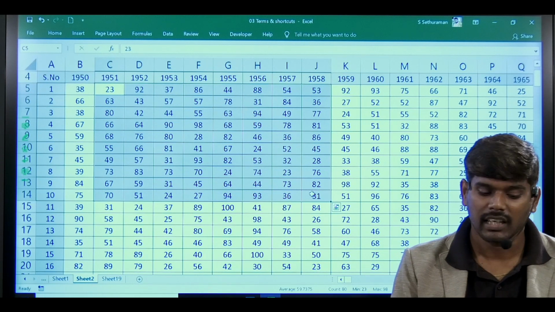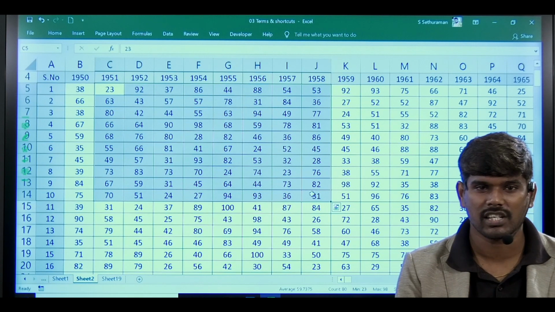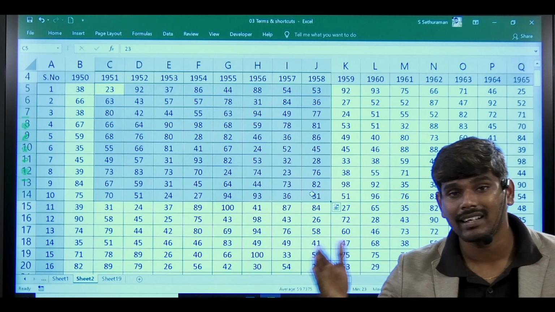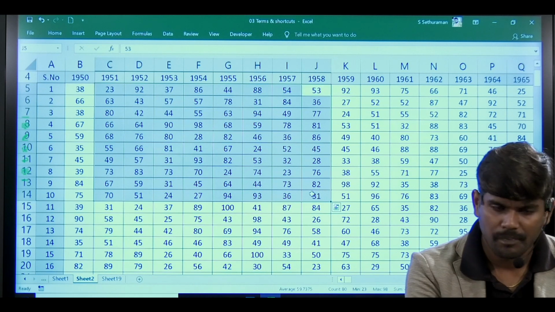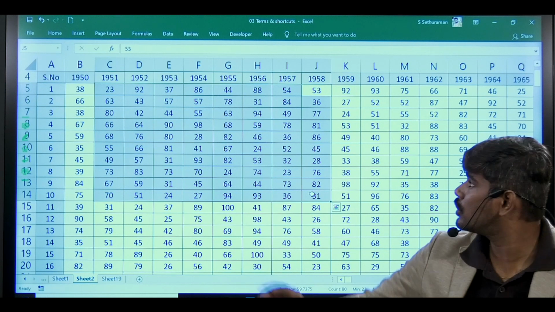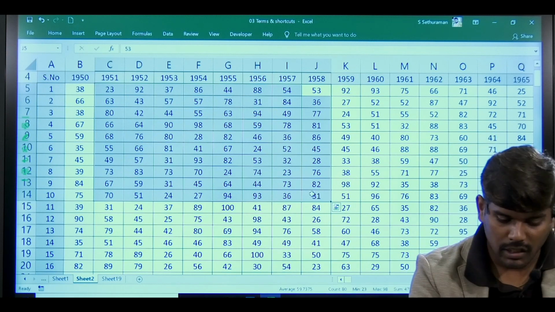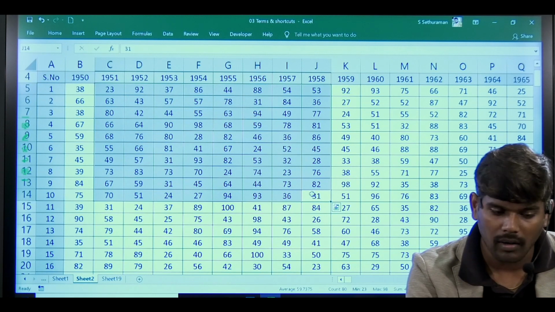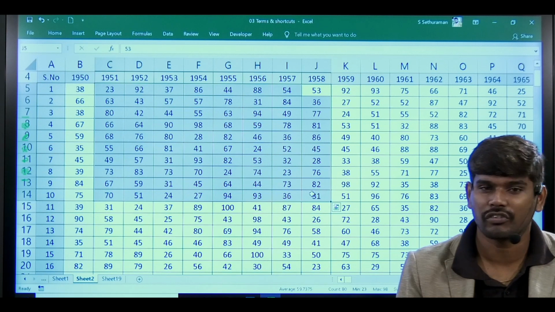Again, there is a shortcut. In our keyboard, below L in the text keyboard, there will be a dot, right? Don't use the dot from the right-hand side number keyboard. Use it from this text keyboard. Control dot. What happened? It will go to the first row, the end. Control dot, Control dot. You can understand, it will move to the corners of your data.